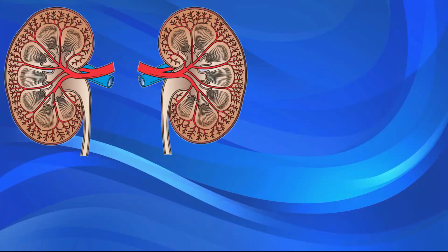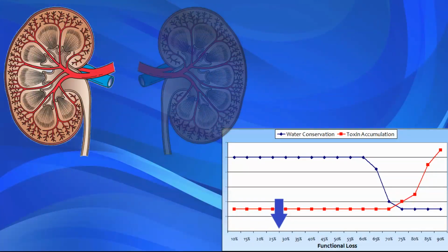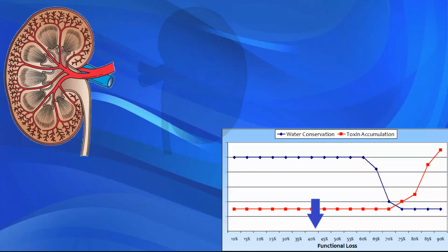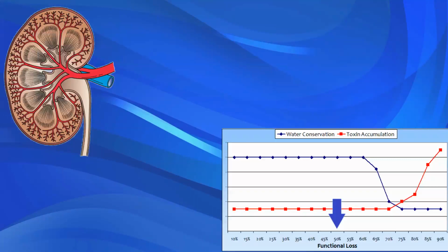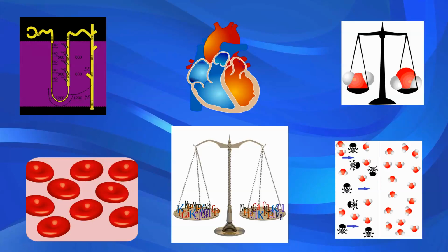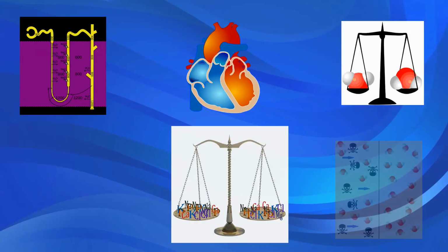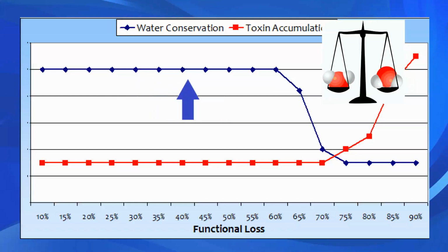As with most other animals, cats do have a lot of reserve kidney function. They can lose half of their kidney cells. They can lose the equivalent of a full kidney, and they still do fine. They lose half of those functioning cells, and they are still able to perform all of the normal functions of kidneys. But when cats lose about 2/3 of the function of the kidneys, they start to lose the ability to